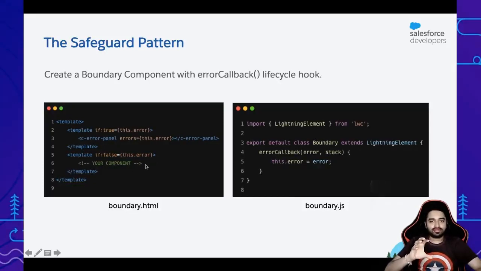So whatever is your final component, you're going to put it here, basically wrapping your final component inside a boundary component. So any errors that you leave unhandled or any unexpected errors that you get are still caught by this boundary component. And as you know, your component will be deleted from the DOM. But since the error is logged, it's going to show the error panel, which means the user is not going to see your component anymore. They are only going to see, oh, an error occurred, and whatever is the corrective course of action that you give, like refresh your browser or all of those things.